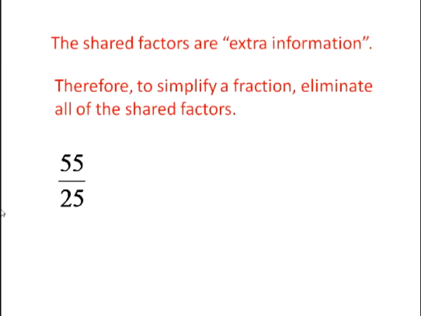Let's take a look at another one, 55 over 25. Here's another trick. If a number ends in 5, then 5 is a factor. And that's probably the first thing that I'm going to notice when I look at this one. So I think, okay, I know 5 must be a factor of 55. On the calculator, you can check 55 divided by 5 gives you 11. 25, you should know, is just 5 times 5. So now I have a 5 and a 5, and I can eliminate both of those